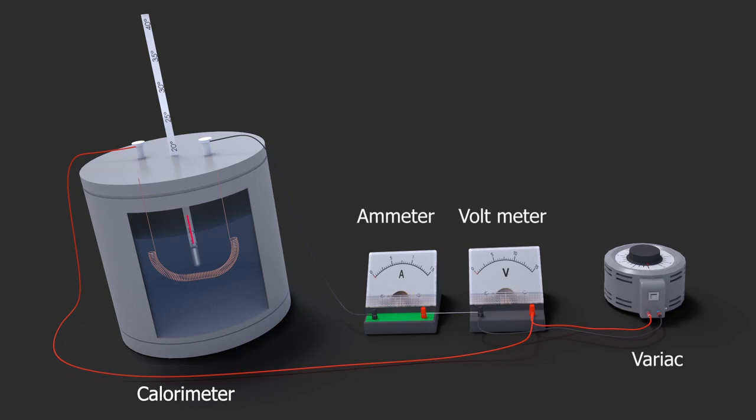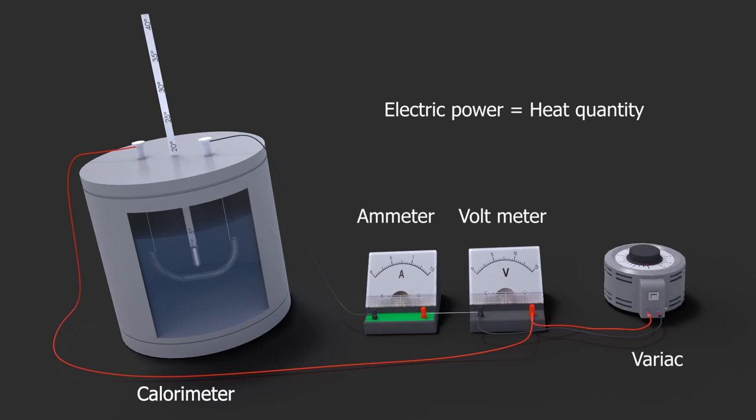When current is passed through nichrome wire in water, current is converted to heat, and the temperature rises. Work is done by heat generated in an electrical circuit, which is called electric power. Electric power is equal to heat quantity. Electric power is measured in watt-hours, and heat quantity is measured in calories. Electric power equals voltage times current times time, which means V times I